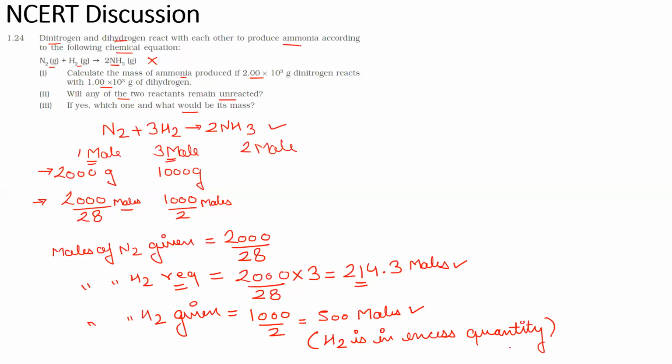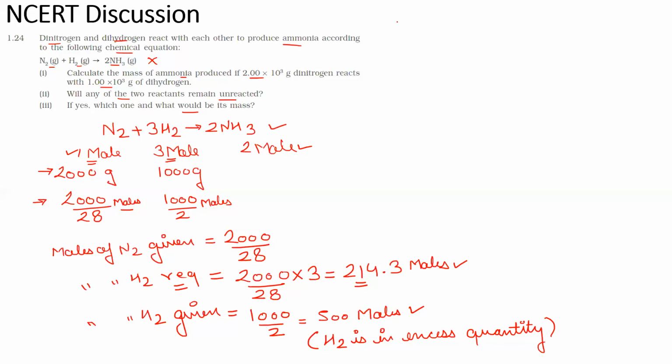Okay guys, so the moles of ammonia formed will depend upon the moles of nitrogen. 1 mole of nitrogen is giving me 2 moles of ammonia. This is what will limit the reaction. This is what will be responsible for the number of molecules of ammonia formed, as hydrogen is present in excess. So nitrogen will be governing this reaction. So the moles of ammonia produced will be twice the moles of nitrogen.